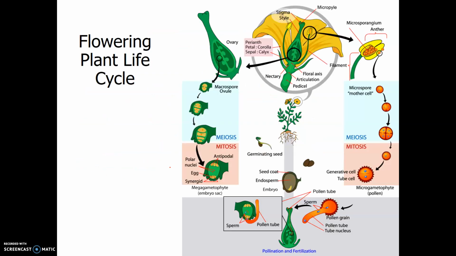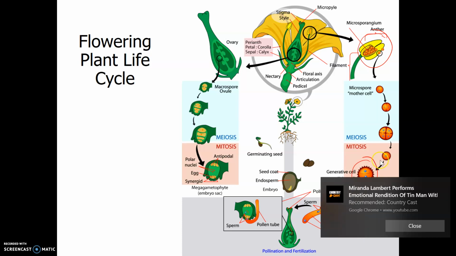So now if we go back, you can see here's the anther, which produces the pollen grains. And the pollen grains produce 2 sperm, a generative cell and a tube cell. And the tube cell is the one that fertilizes the egg and produces a zygote. Then the generative cell